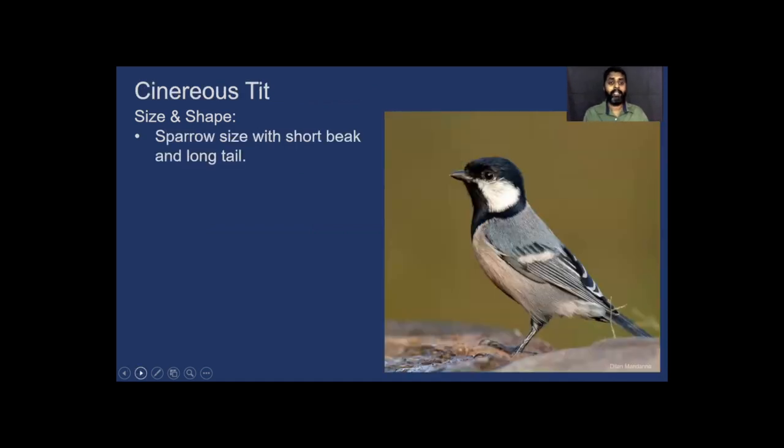Cinereous tit. This is the size of a sparrow, with a short beak and a long tail. So now I would